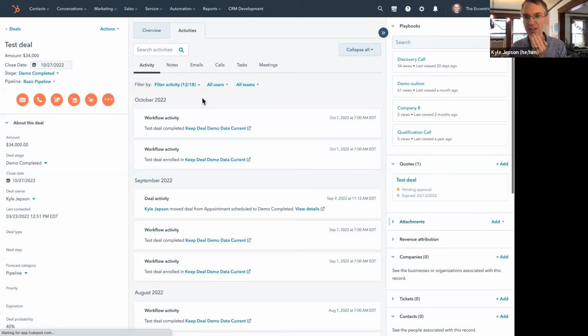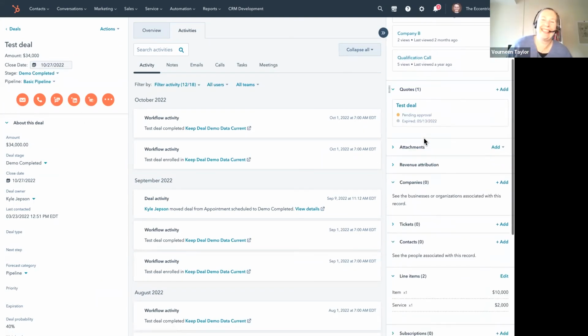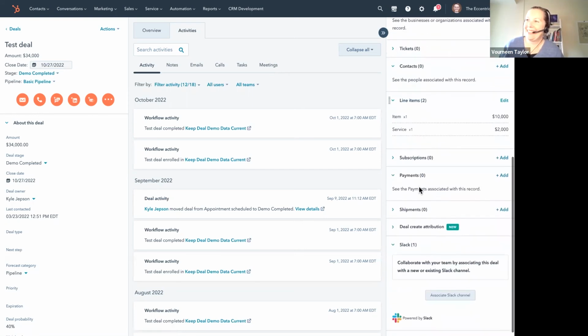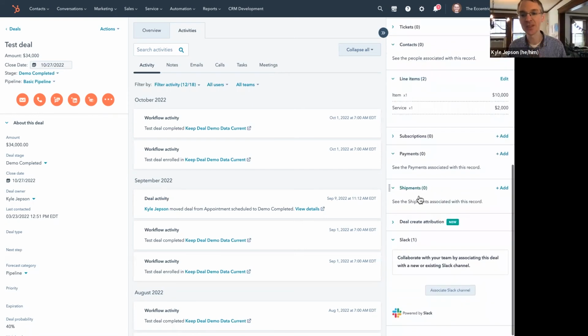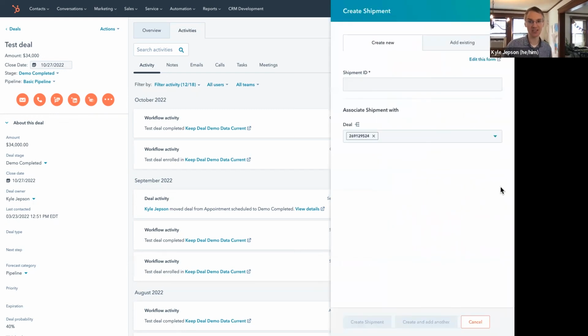Okay, Zoom, you're driving me nuts. Okay, here we go. I can see this, I just can't see you all. I really want to see both at the same time. So from here, you can add them. It's going to be one at a time, but you can always create and add another. And this button here makes it pretty easy to go fairly fast, especially if you're just filling in one or two properties. But as far as bulk,